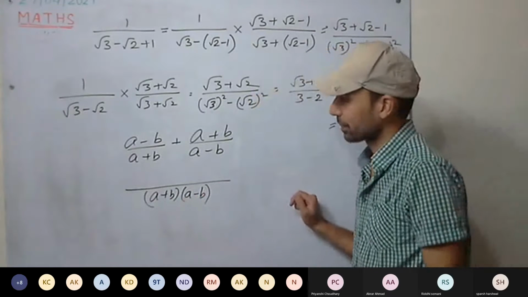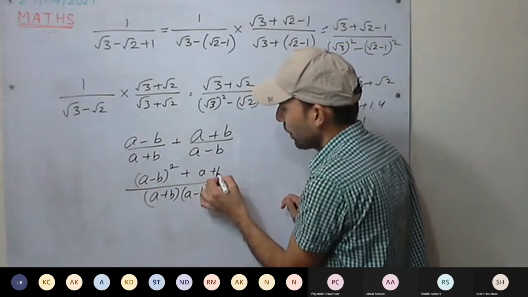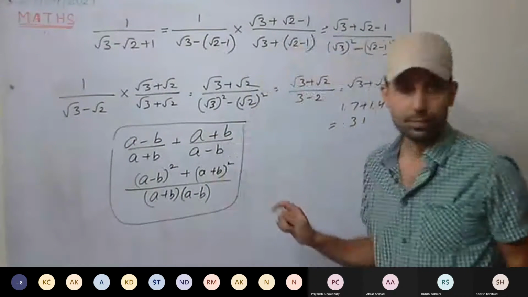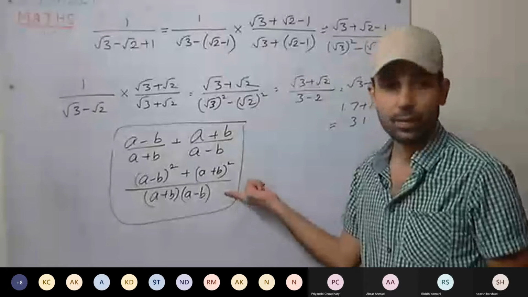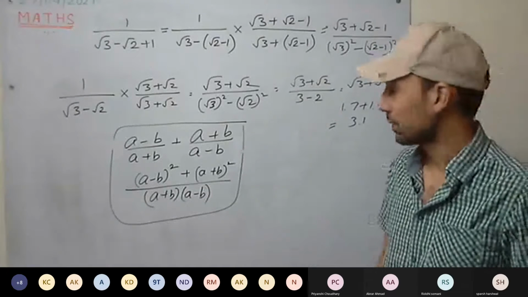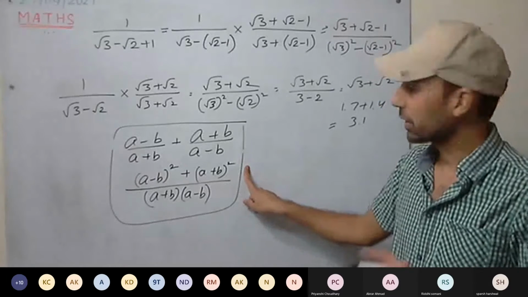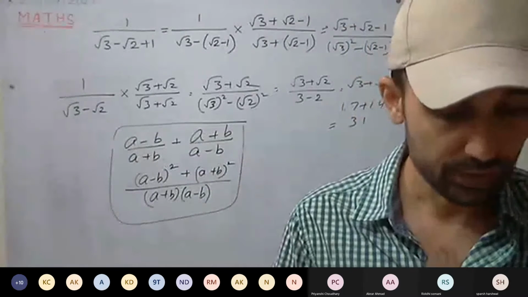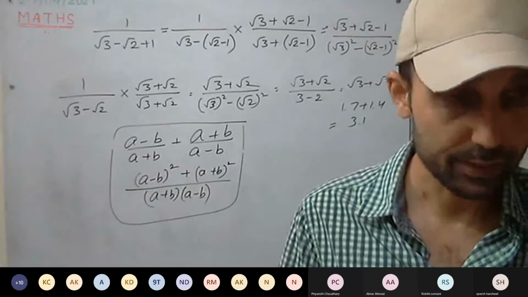Understood this one? Here, A minus B the whole square plus A plus B the whole square. Understood this one? Okay. You have understood this one? Okay, solve it as homework. You can solve it. If you don't get it, ask tomorrow in class. Take the LCM. We'll be solving 14th and 15th tomorrow in class. 14th you understood how to solve. Anyone in class who is not able to solve 14th?